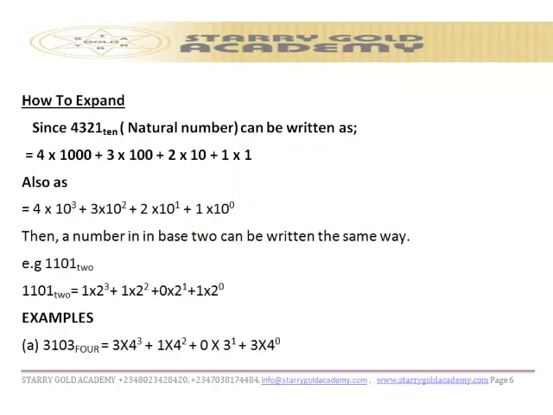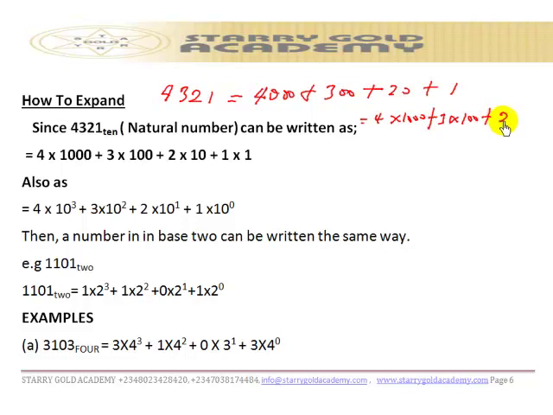How do you expand? You have 4,321. This 4,321 is the same thing as 4,000 plus 300 plus 20 plus 1, and 4,000 is the same thing as 4 times 1,000 plus 3 times 100 plus 2 times 10